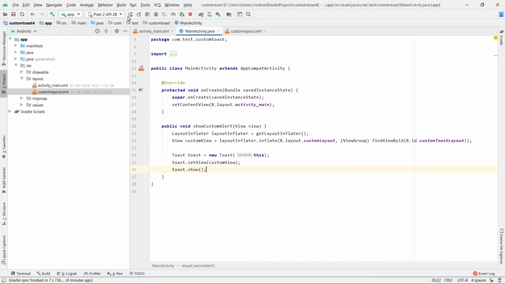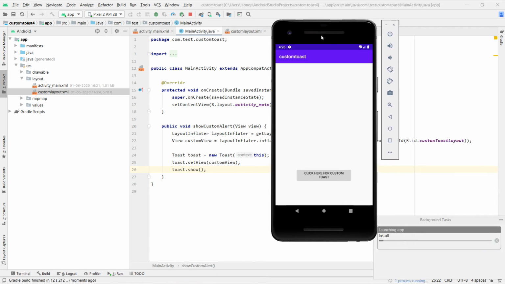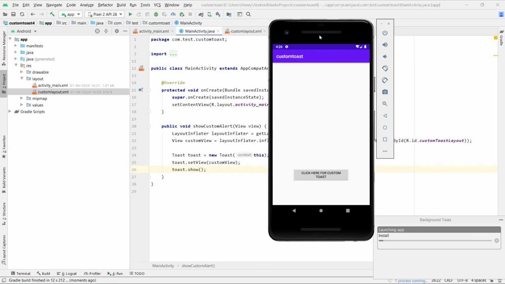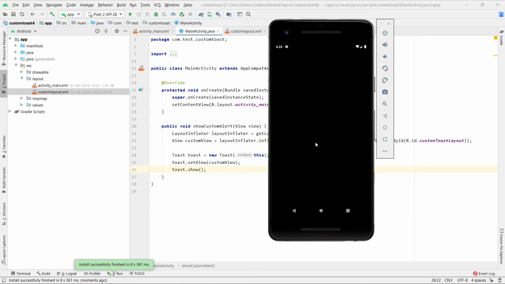So let us run the example program. Here's my virtual device. There are some processes running on installing the app. Installed successfully. So let the app open.